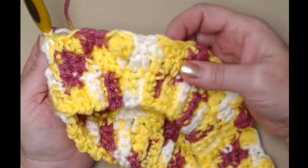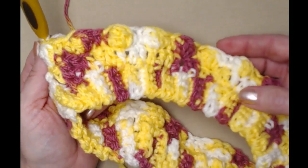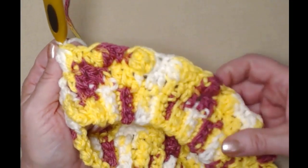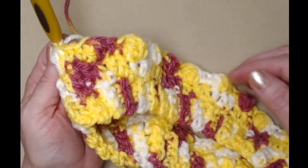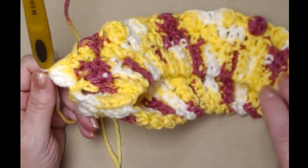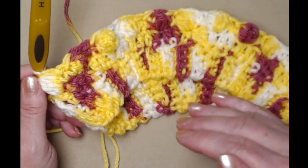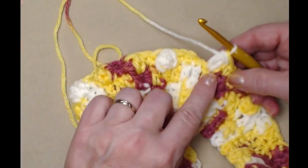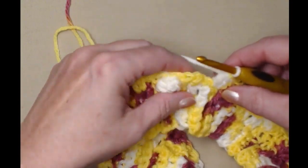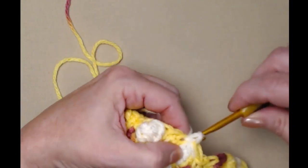I've completed my row of 2 single crochets and a bobble stitch. Repeat all the way around, and your bobbles may not be popping out like you want them to, but when we do the next row they will. And you might also notice that it's going to kind of fan out at this point, but when we do the next row it's going to pull that in a little bit. Now you want to end on a bobble stitch, and then we'll join to that first single crochet